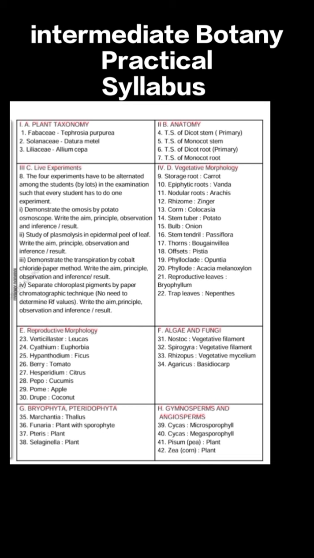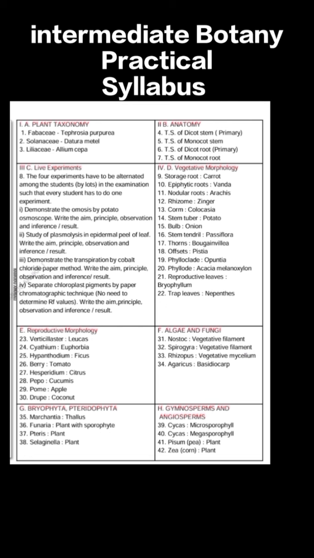Fourth, D, vegetative morphology: 9 storage root carrot, 10 epiphytic root Vanda, 11 nodular root Arachis, 12 rhizome ginger, 13 corm Colocasia, 14 stem tuber potato, 15 bulb onion, 16 stem tendril Passiflora, 17 thorn Bougainvillea, 18 offset Pistia, 19 phylloclade Opuntia, 20 phylloid Acacia melanoxylon, 21 reproductive leaves Bryophyllum, 22 trap leaves